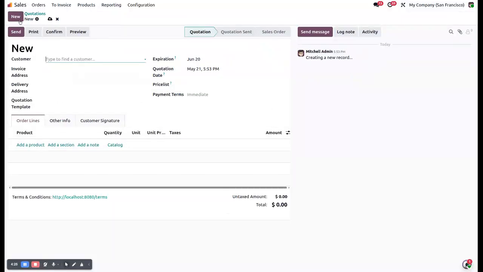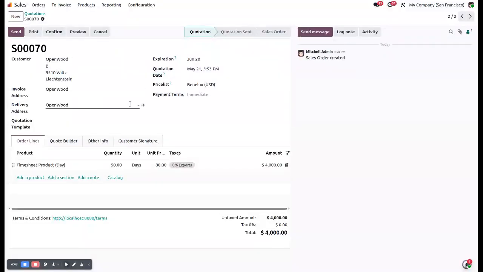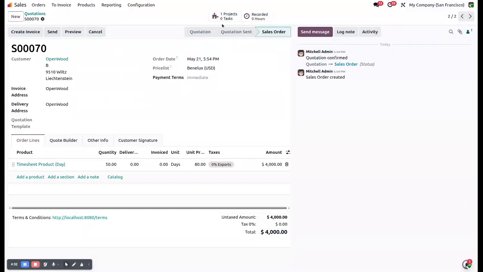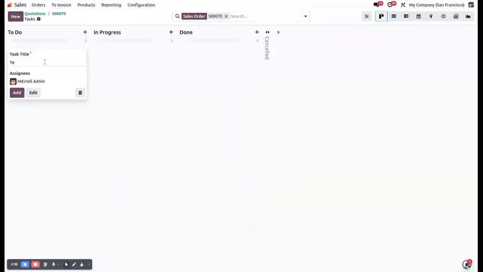Now let's say we will create another sales order, and we will see how we can register timesheets day-wise. Let's say we will set this 50 quantity, and the cost is, let's say, 80. So it means for one day we are paying 80 something, right? And let's say if we click and confirm, then you can see this project is created. We'll set one test task. So create task,